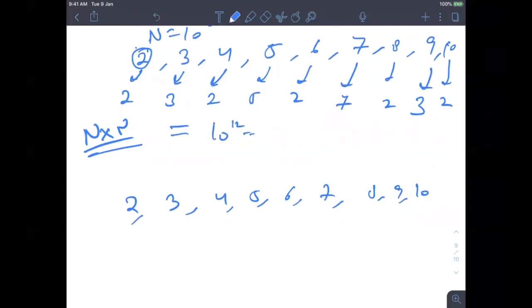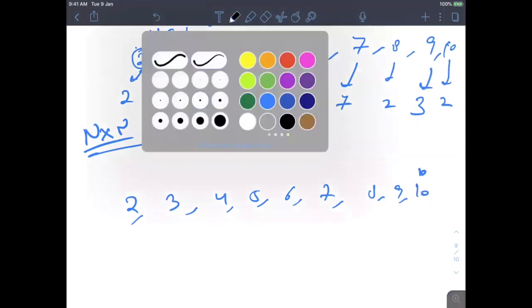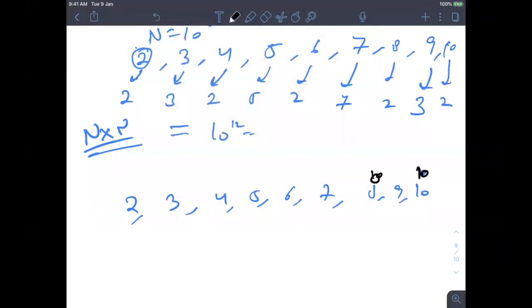Initially, just assume the prime factor is itself, because one thing you know for sure is that every number divides itself. Let's use another color. So this is the smallest prime factor array. Let's assume you don't know anything, so you store 0. Basically, 0 means you don't know anything right now.